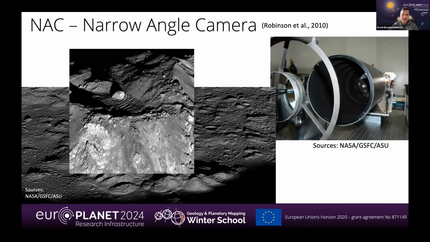newly formed central peak. And with the narrow angle camera, we can really observe also the cracks and the fractures that were created after the bouncing back of this boulder, and then also other cracks and fractures all around, small boulders, some loose material on the flanks, and so on. So this is just to provide you an idea of how well we can look at the moon with this